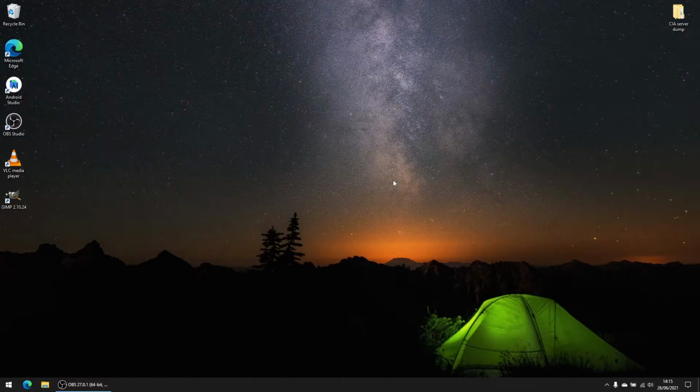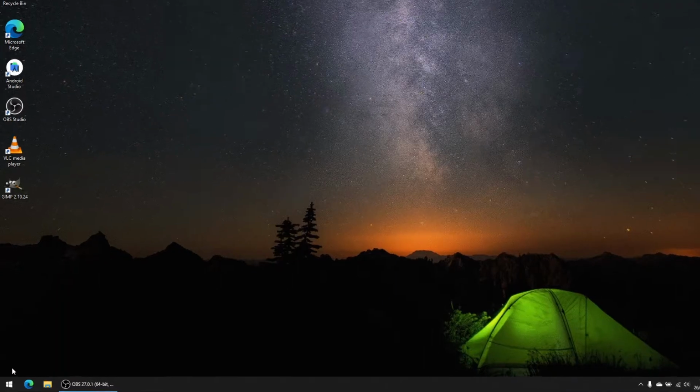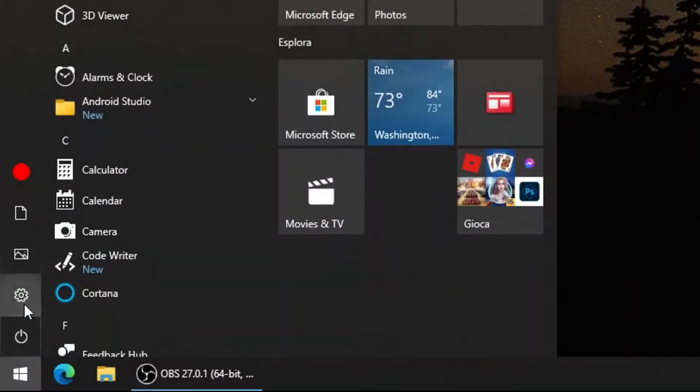Now, to be able to download the preview version of Windows 11, the first thing we need to do is to enroll into Windows Insider program. To do so, you will need a Microsoft account, which is free. You can create one on the website if you don't already own one. Then you can click on Start, Settings,